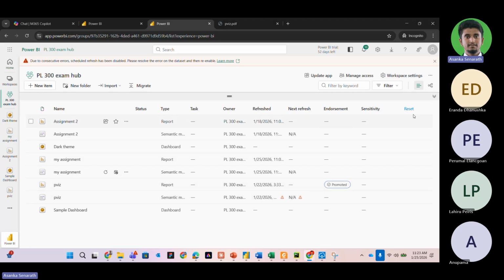And also there's something called sensitivity. Do note, guys, we're going to need a premium license to do this one. Sensitivity means you can set how sensitive or how critical your data is. Let's say you have confidential data, you might have public data, you might have data which is supposed to be shown to only a group of people. You can add sensitivity labels